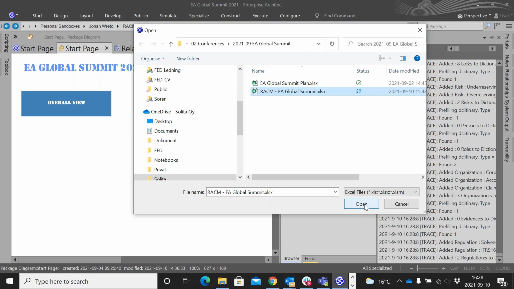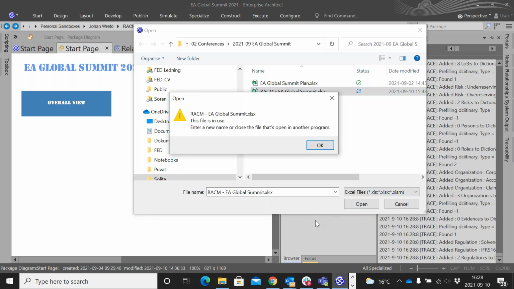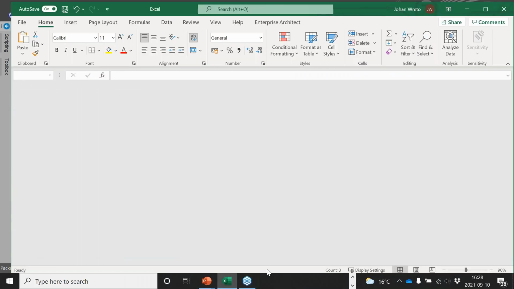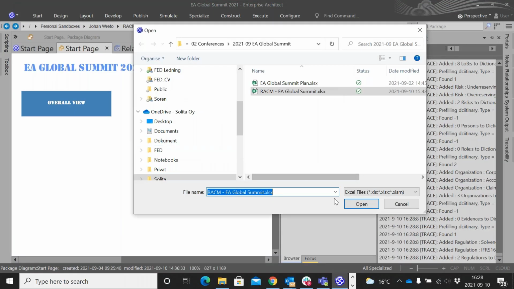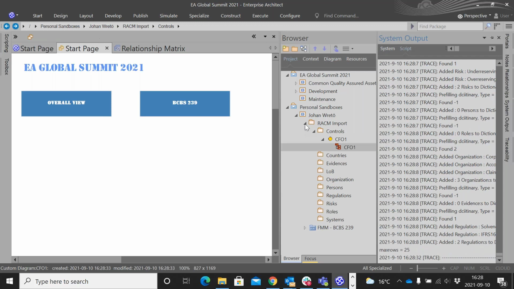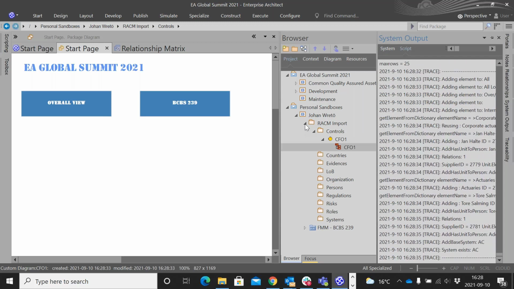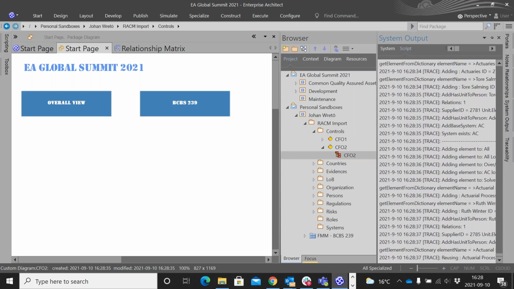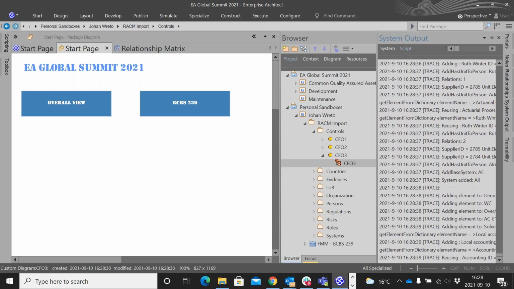And as I described before, click on open, and because it's already open, I need to close it. Okay, so now we open it again. And now it will start adding elements into the structure and creating the diagrams.